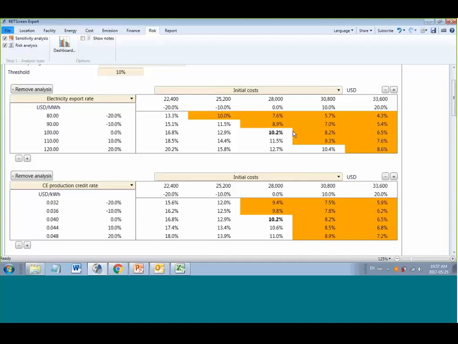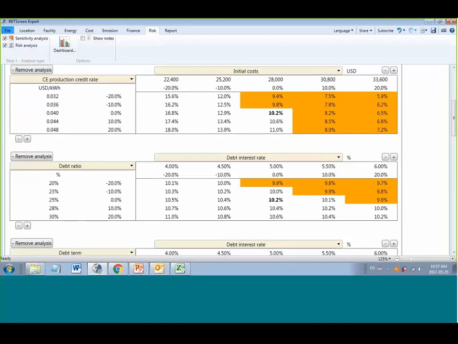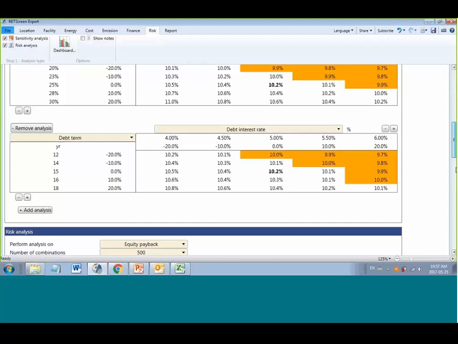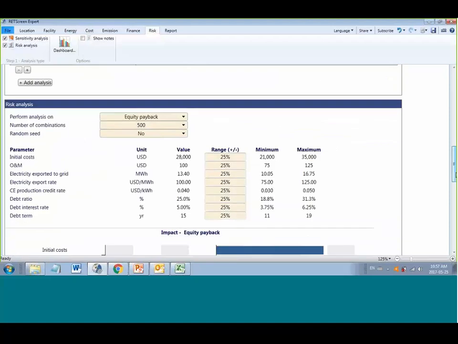Now here I was looking at sensitivity analysis, which is for simultaneous variation of 2 parameters. If I keep scrolling down, I get to risk analysis. So if I want to do that same type of thing for the pre-tax IRR and equity,